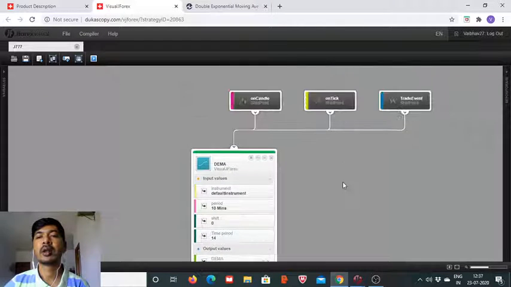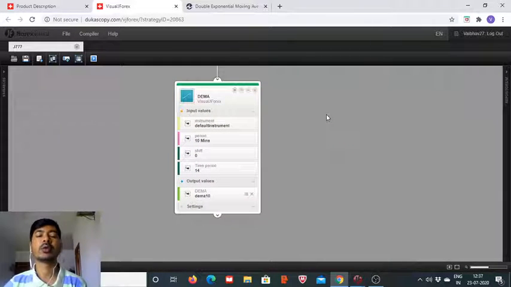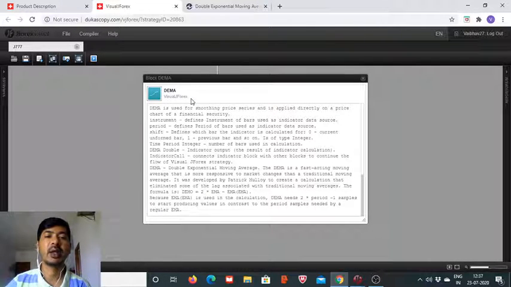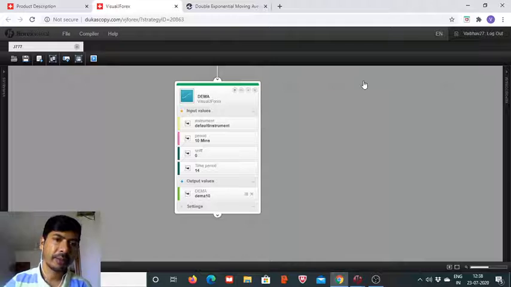All these start points are available to the developers who want to use this platform, and here you will have the brief description as well, and all these parameters, the brief description as well as the input parameters and output parameters, are listed here. And whenever you feel you need further clarification, you can refer to this brief information. Now we have to use this indicator after defining these input